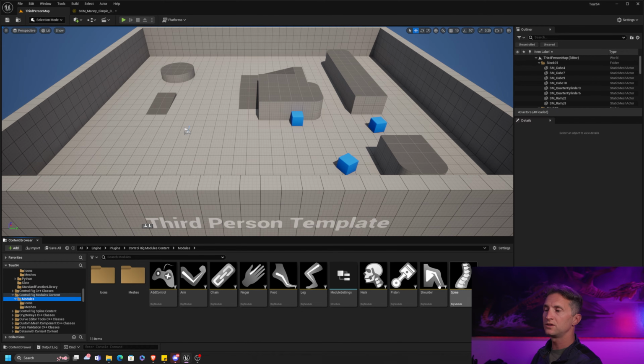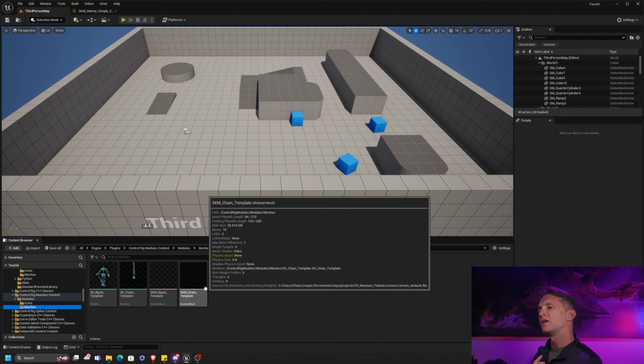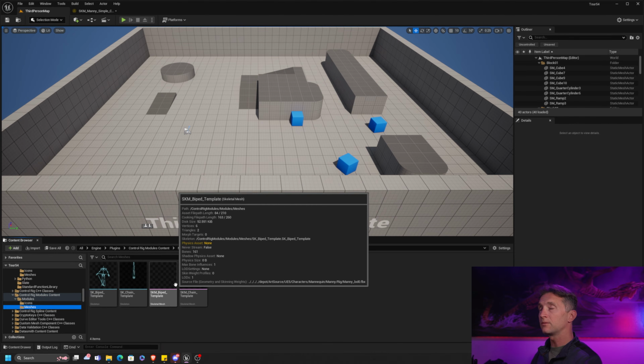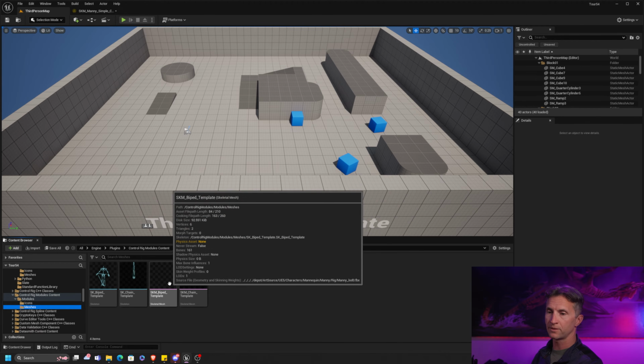Now, each of these modules was created off of a template. In this case, there are two different templates in here: the biped template and the chain template. We're going to use the biped template for ours. Generally speaking, and keep in mind we're doing this all without docs, so there's going to be lots of changes. This could be previewed, but generally speaking, I've been creating my modules based off the biped template because that's what